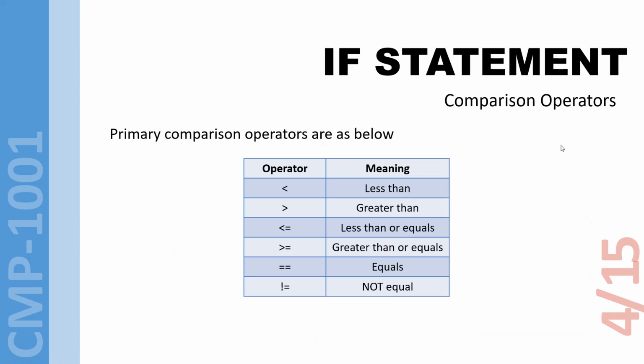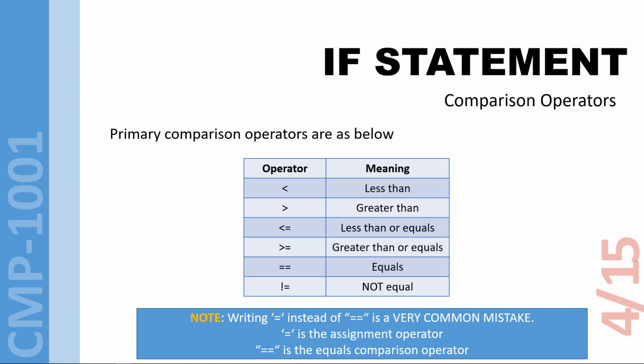There are mainly 6 comparison operators available for us to be used in C++. The less than, greater than, less than or equals, greater than or equals, and not equal. Please be careful not to confuse the assignment operator with the equals comparison operator. If you only use the equal sign once, it means the assignment operator, whereas if you want to use the equals comparison operator, you have to write down the equal sign twice, one